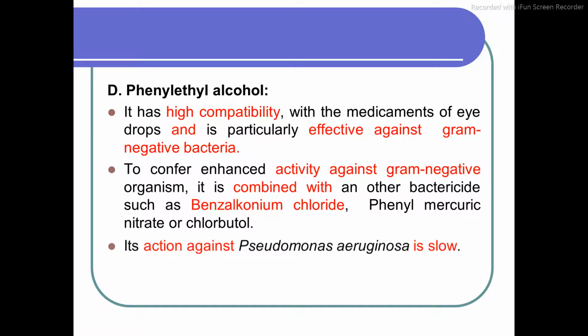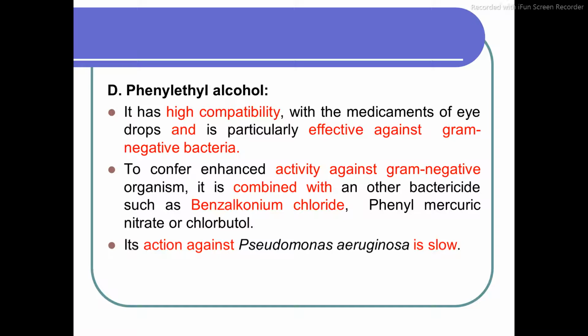Its action against Pseudomonas aeruginosa is slow, and in order to increase its activity we can add an EDTA type of agent. It is a rapidly acting bactericide and fungicide in a concentration of 0.5% weight by volume, and it is a most irritating preservative and may cause damage. So we have to use this type of preservative in a very small concentration, because in high concentration it may be highly irritating to your eyes, and in some cases it may cause eye damage. Again, it has slow antibacterial activity.